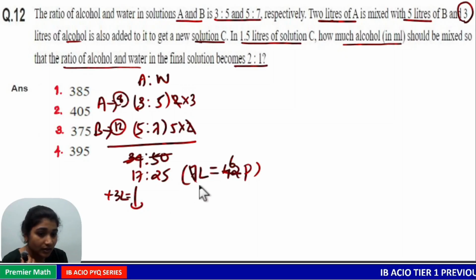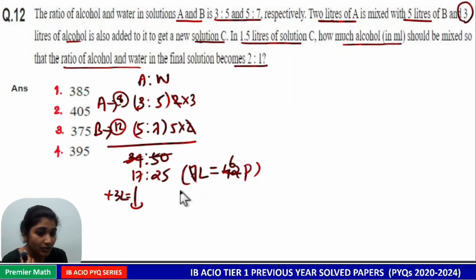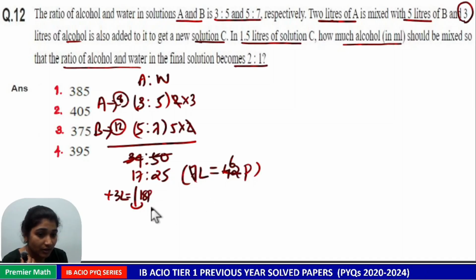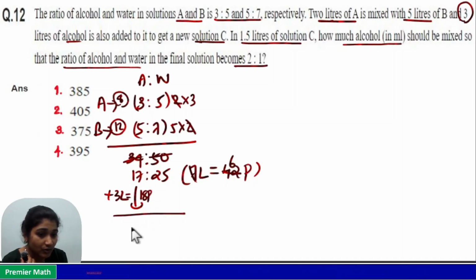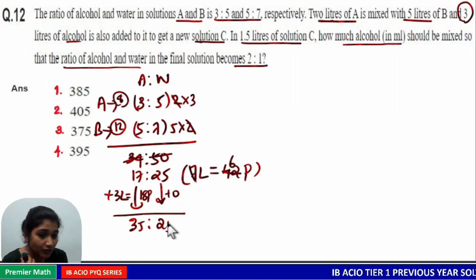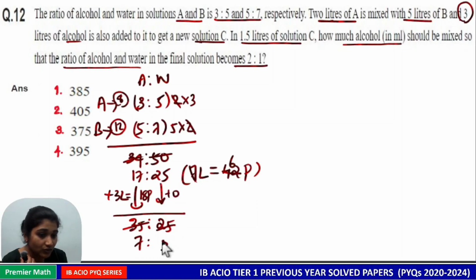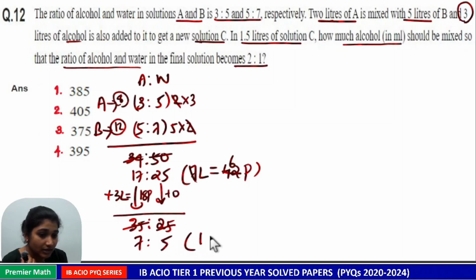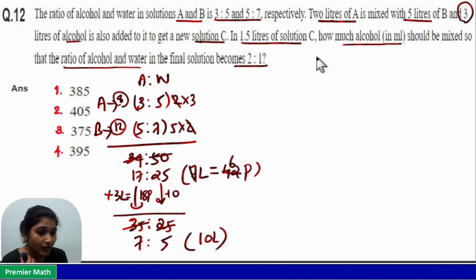So 3 liters of alcohol means you can't add this 3 liters to 17 parts. So 3 liters is equal to 3 into 6, 18 parts. Now add this 18 parts to 17 parts, which is 35 parts. And here you are adding 0 content to the water part, which is 25 itself. Now cancel with 5, which is 7 is to 5. Now this is a total of 7 liters plus 3 liters, 10 liters of solution. So when you are taking